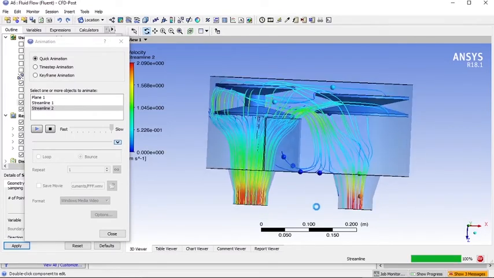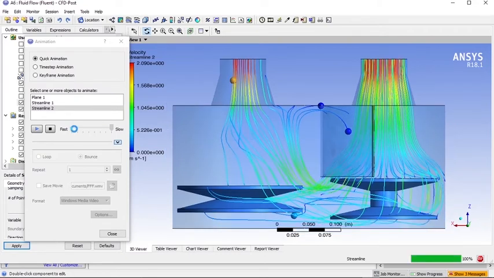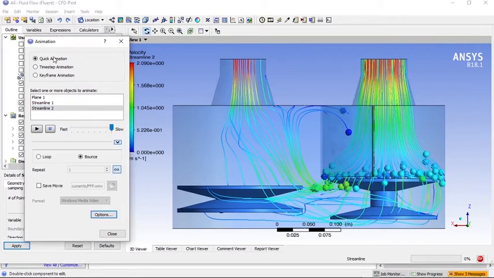This is a pretty good video for analyzing the flow. Also, if you want to export an animation, you can have this quick animation, and you can go to save movie. It will guide you through the steps.